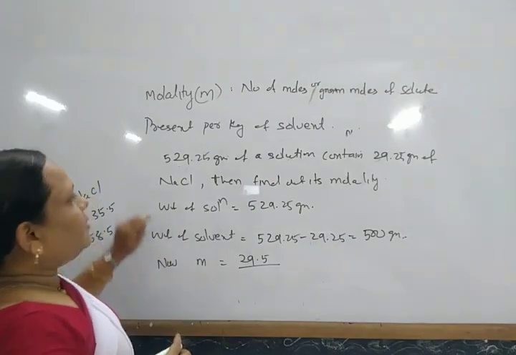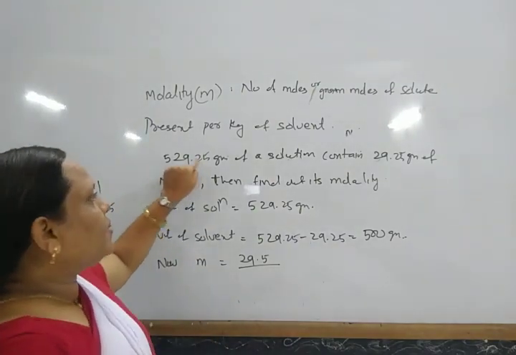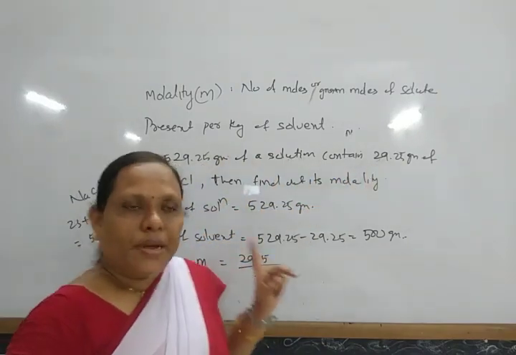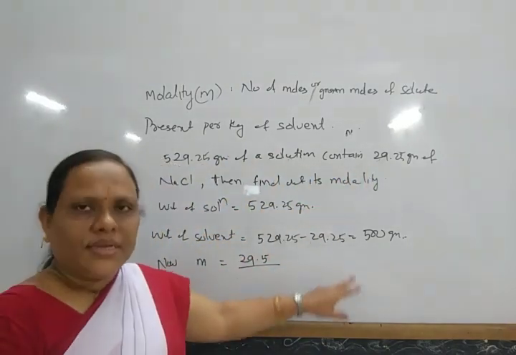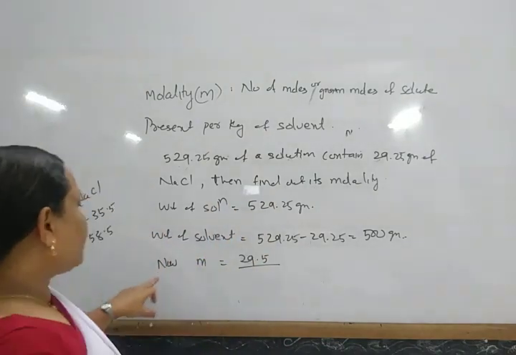Suppose the question is given with 529.25 and 29.25 instead of 529.5, so that this calculation becomes easier. For that I am just changing these numerical values. So now,